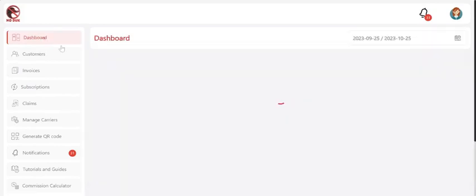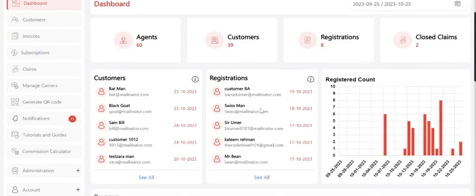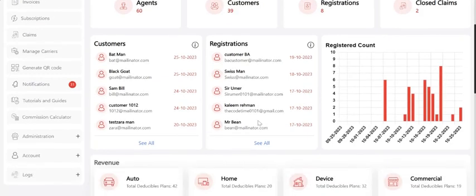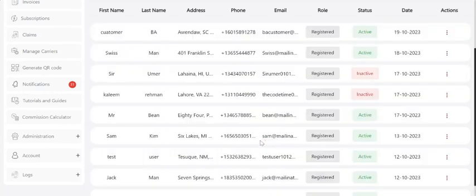Moving back on the dashboard screen, same is with the registration. We can see the name, the email, and the date of the registrations. And there will be only 5 counts. If there will be more than 5 counts, you will be able to see the scroll bar here. And if you click on the See All button, which will be redirected to the customer page,